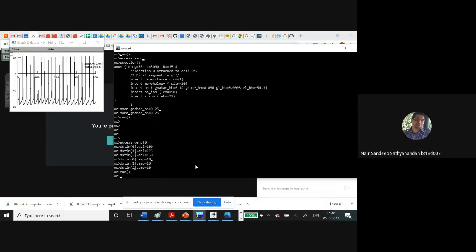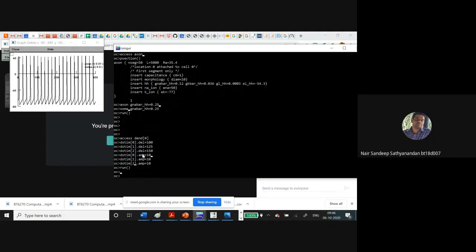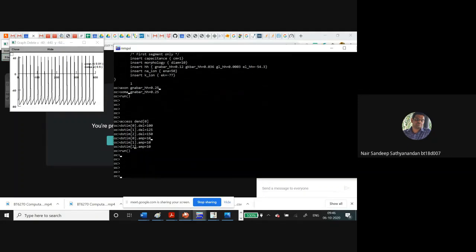Okay, I think only 5 minutes is left, so you can try to adjust the amplitudes and then see the temporal summation that is happening. So introduce a small current in the first stimulus, a small current in the second stimulus, second dendrite, and a small current in the third dendrite, and then you try to execute the command, and then you can see at which point the action potential is generated.